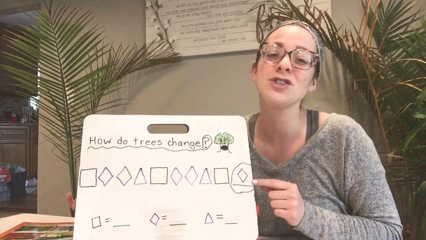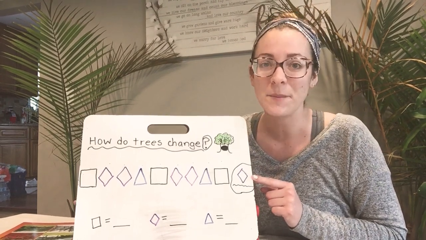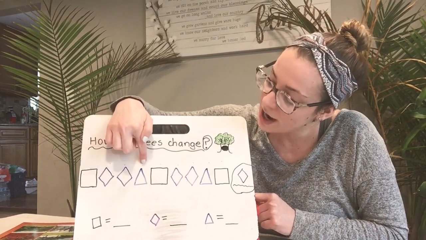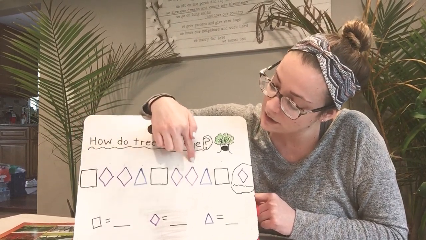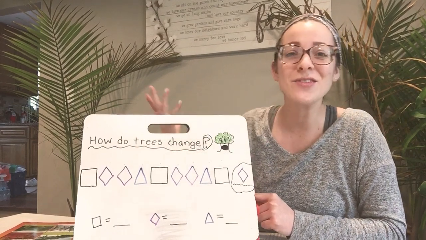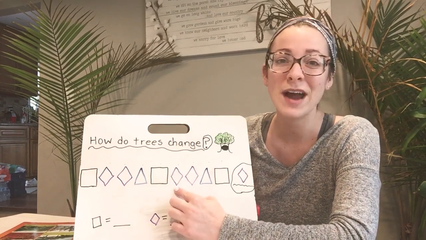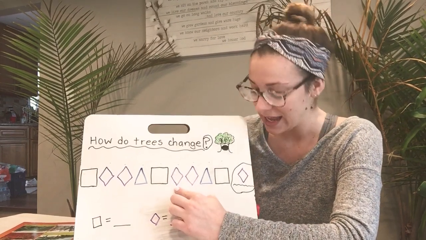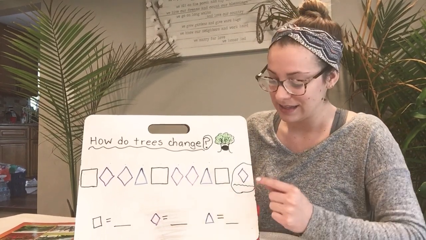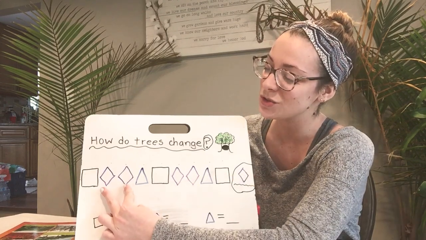If Miss Fisher kept drawing this pattern, what do you think would come after this rhombus? Let's find out. Ready? Square, rhombus, rhombus, triangle. Square, rhombus, rhombus, triangle. Square, rhombus, another rhombus. That's right, because next to this rhombus, if you ever have trouble, you can look back in the pattern. Next to this rhombus is another rhombus, right? So after this rhombus will be another rhombus to make 2, because there's 2